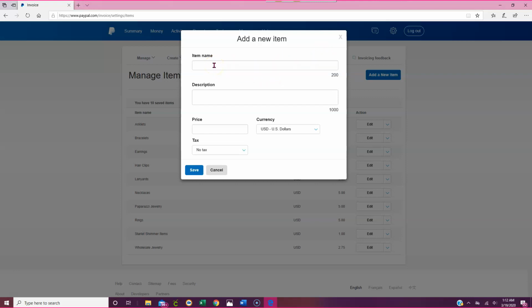You're going to type in an item name. I don't type in a description. Now, if you put, say, paparazzi necklace, the reason being, let's just say I put paparazzi necklace up here for my item name. If I would, what was I going to put for a description? Let's say I put yellow moonstone